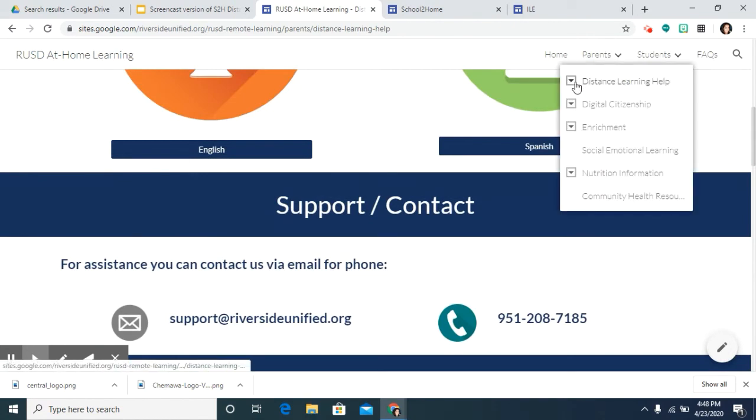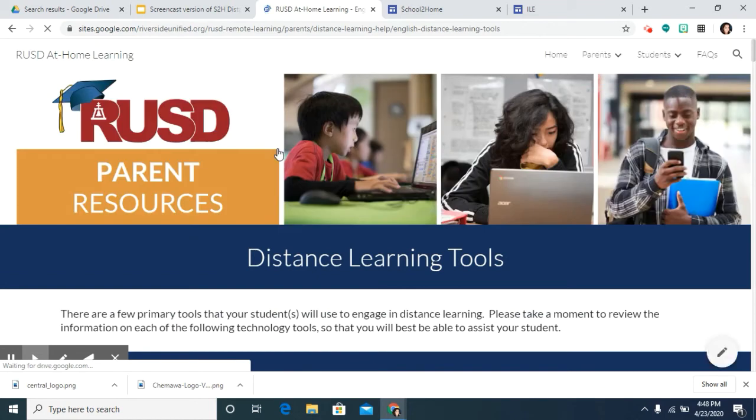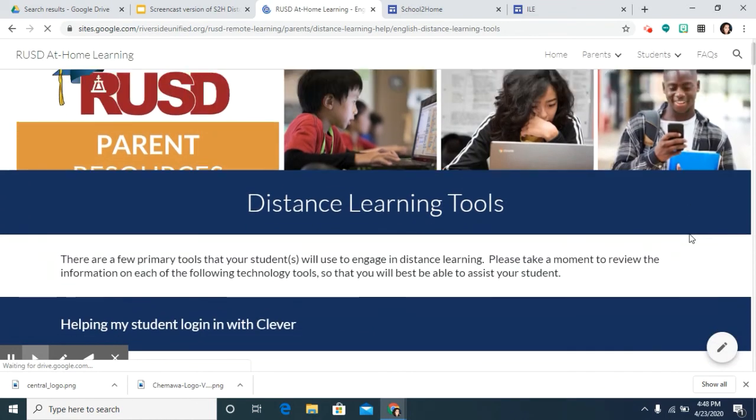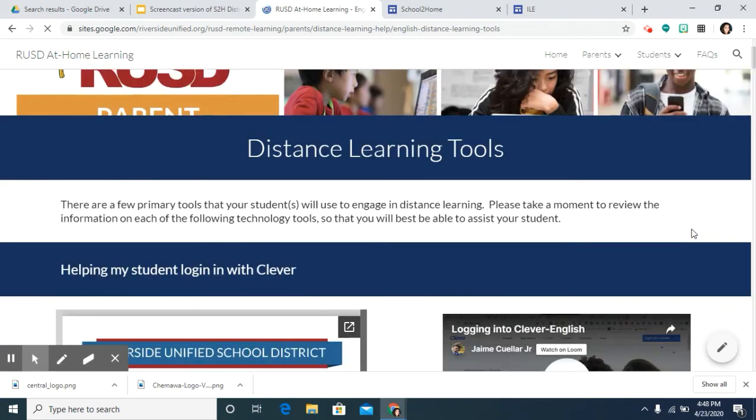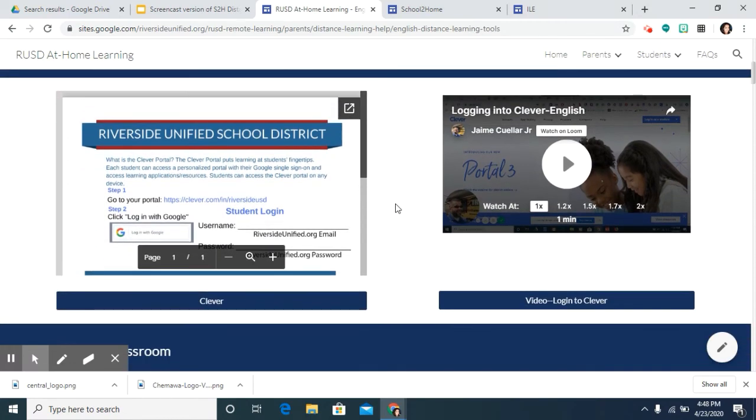And if we come back up to the English, this entire page is dedicated to tools that will help you through the distance learning journey. At first glance, this might seem intimidating, but I want to reassure you that your students have been working with these tools for the majority of their school years. It might even be a good idea to refer your students to visit this page if they're finding themselves having